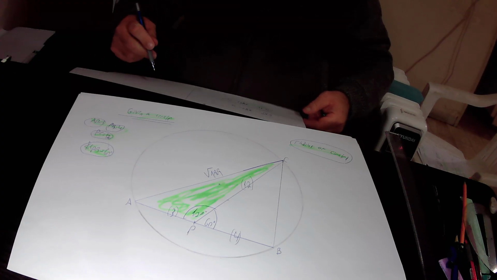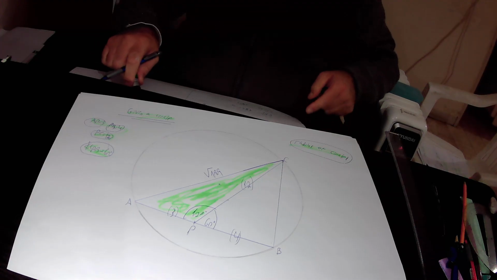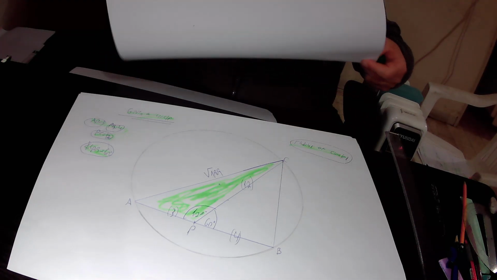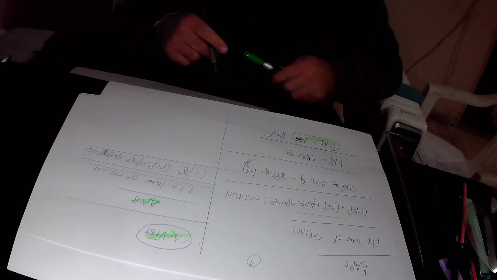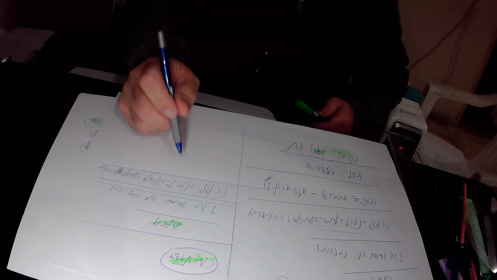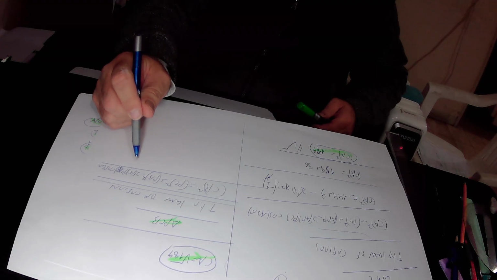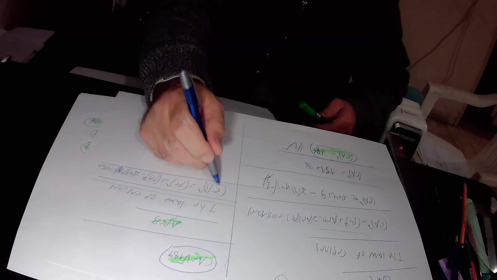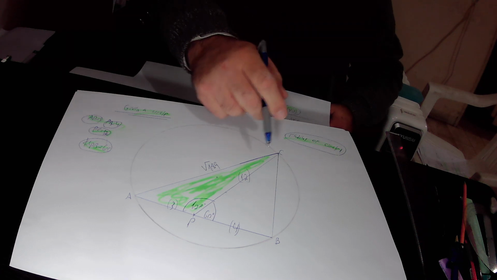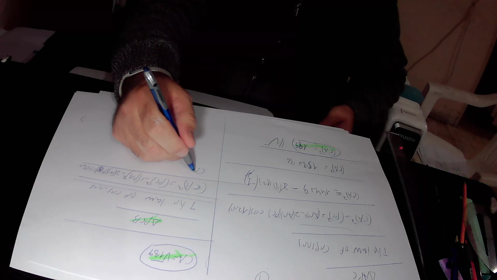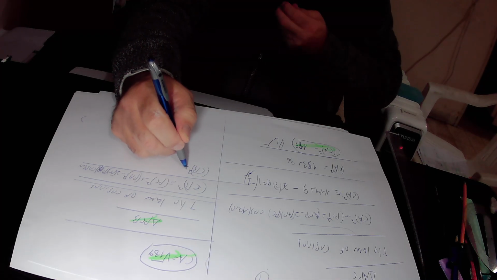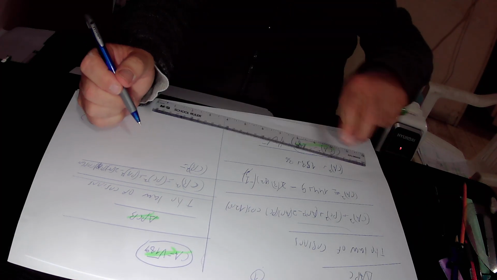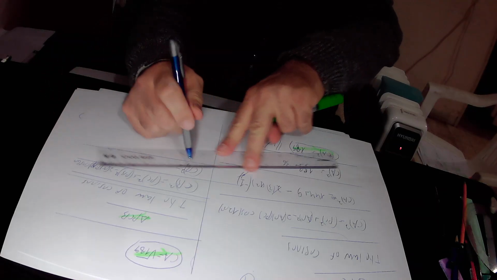Then again, according to the law of cosines, in this triangle PCB, the following equation is true. CB square equals PC square plus PB square minus 2 times PC times PB times cosine 60 degrees. CB is the missing side, so leave it as it is. So it is CB square equals PC square